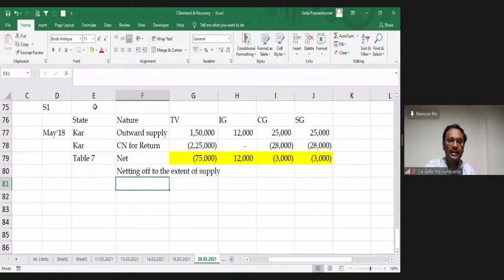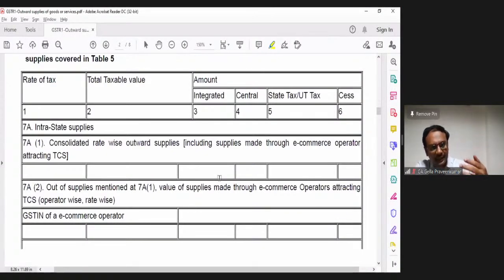Let me come back to my GSTR 1. In between, you have any practical doubts where you have come across which you need to have a clarity, put it across so that I can take up those questions as well. Let me see if there are any questions so far. Okay. So far, everything is good. No questions posted till now. Okay.